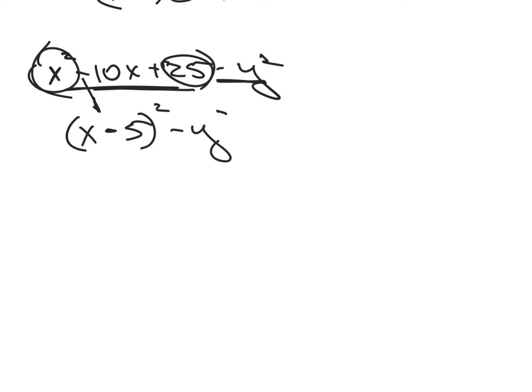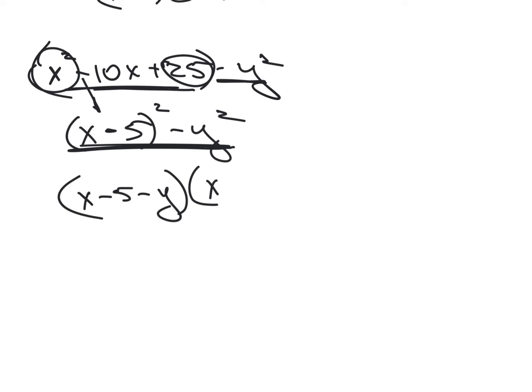Minus y squared. So what that looks like, and what we're going to do here, is continue to factor this just a little bit more by changing this to x minus 5 minus y